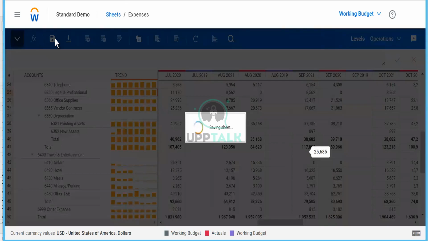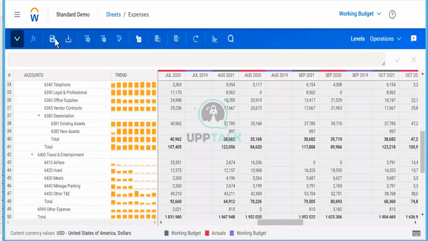I have one doubt. Basically, the doubt is with respect to importing the data. For example, you have created your levels, the accounts, everything is in place. And the standard sheet, the outline, everything is in place. And now you want the data to be imported. How do we do that?